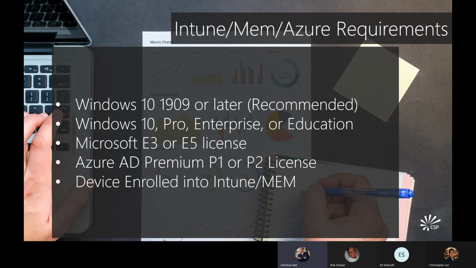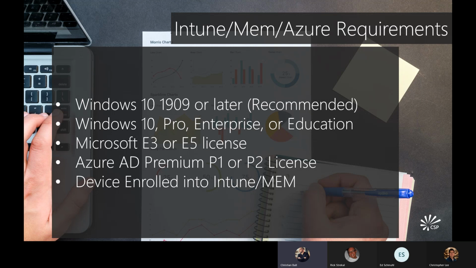Technically, Windows 10 1803 and 1809 and later are supported, or were supported when those systems were supported by Microsoft, but you definitely want to be on at least 1903 and later, simply because there were some bugs with 1803 and 1809. And up until, I think it was 1809, rotation of the encryption keys was not supported. So once you had a key saved for your device within Azure AD, that key couldn't be